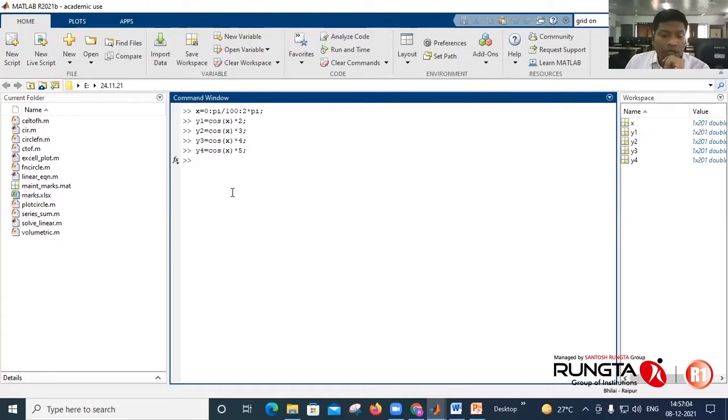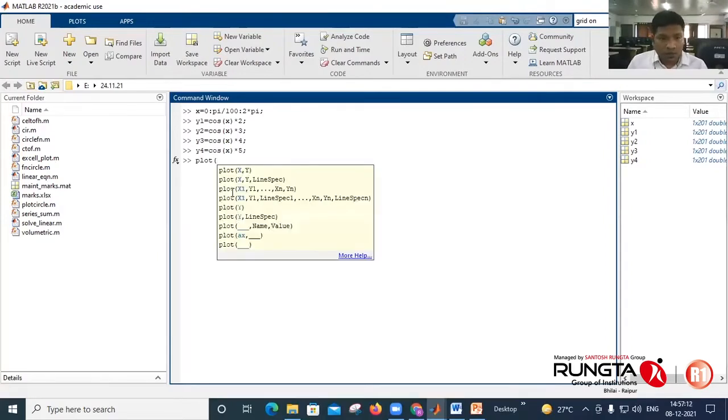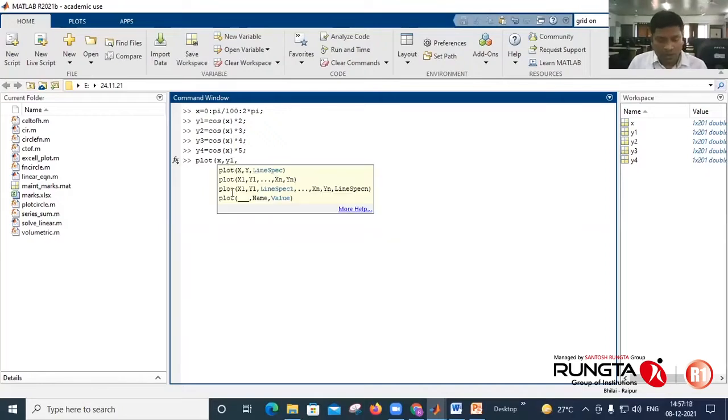Then I'm using plot. In a single command, you can type x y1, comma x y2, comma x y3, comma x y4, or any other variable which you want to plot against x.